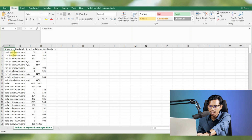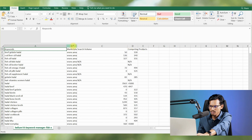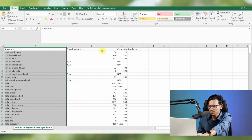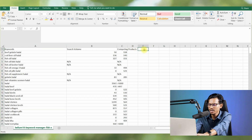For example, if I can show you, this is the list of the keywords, and these are the search volume, and there is a huge task that you need to do. Let me show you a bit. Let's create another column and write down the relevancy,